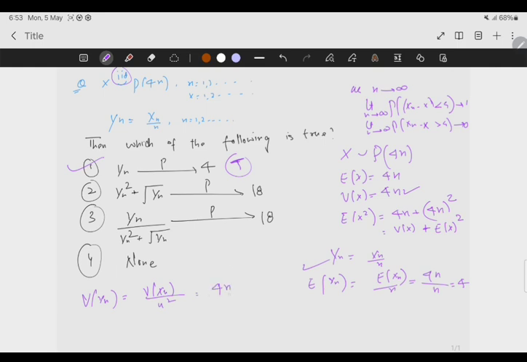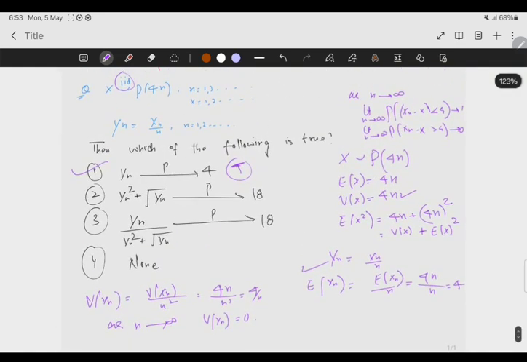That is 4n divided by n square, which is equal to 4 upon n. As n tending to infinity, variance of Yn is equal to 0. Clear? So now see